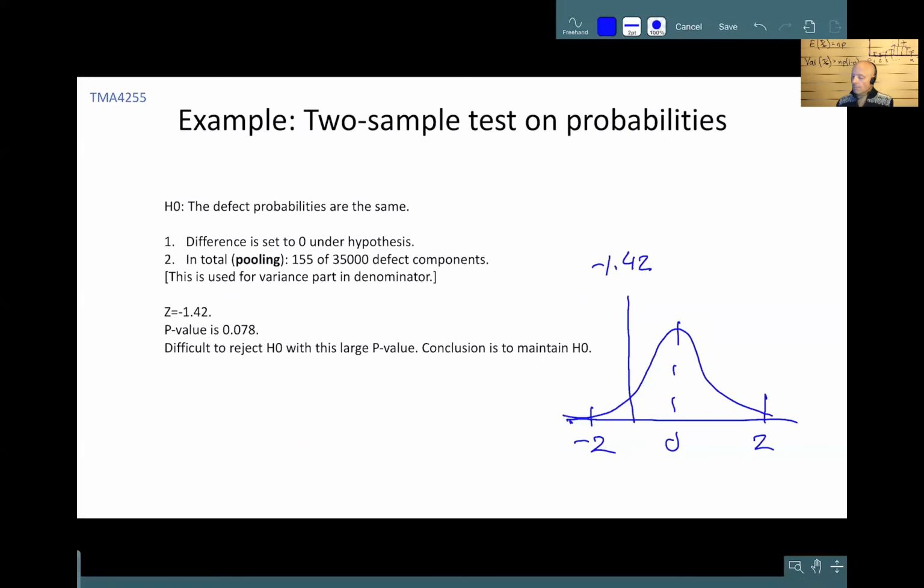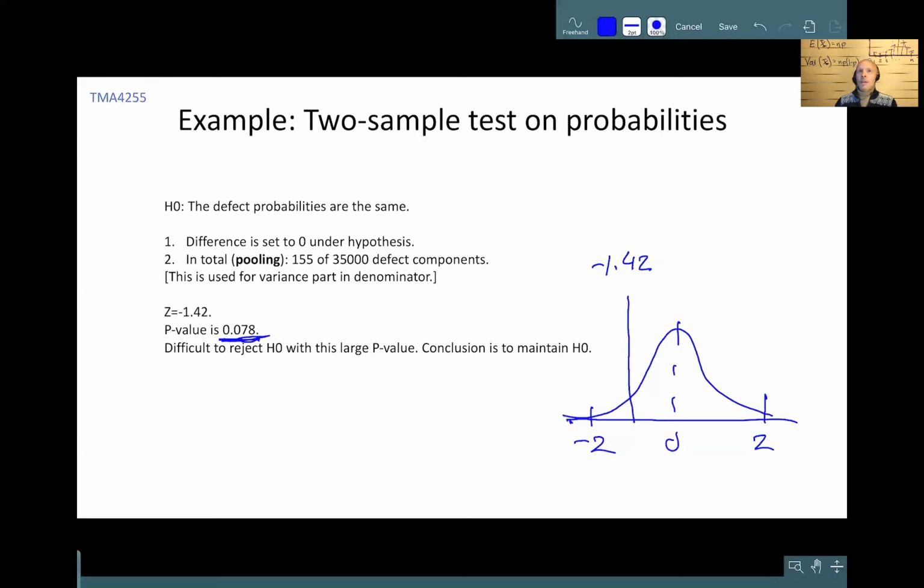So the probability of observing something this large is only 0.078, but still this is not an extremely small number. So here it's difficult to reject hypothesis 0